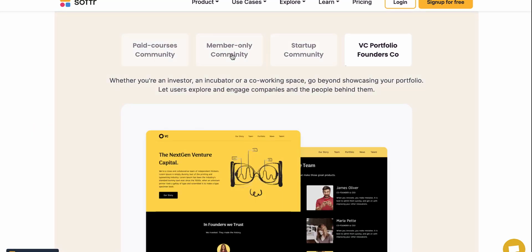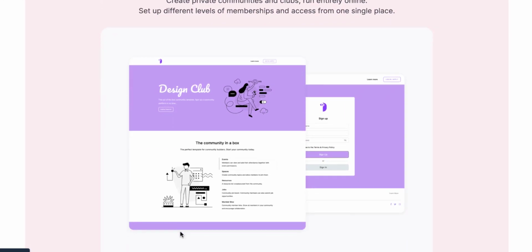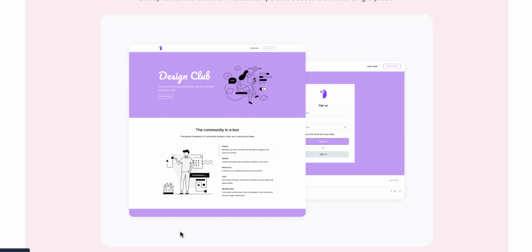For Softr, I can have a members only community where I can have people sign in and also get access to the curated resources that I want to choose. I could also add videos, maybe if I wanted to have YouTube videos and have them unlisted. I could also embed them into something like this.